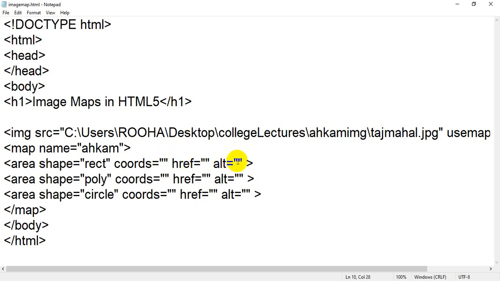Then alt, that is alternate text, is used if your image will not display. Because of any reason, if your image will not display, this text will be displayed. In the same way,